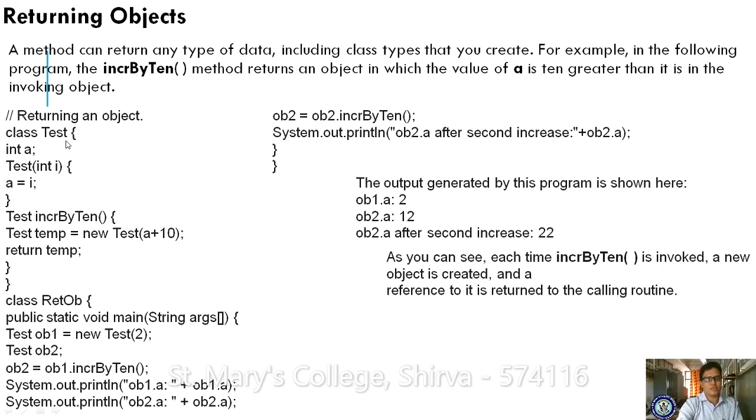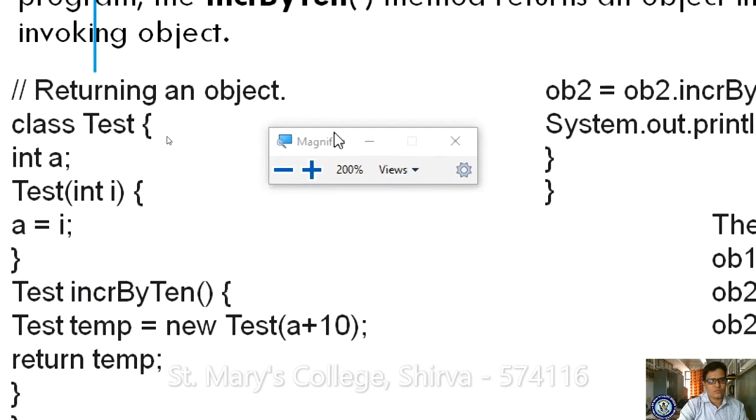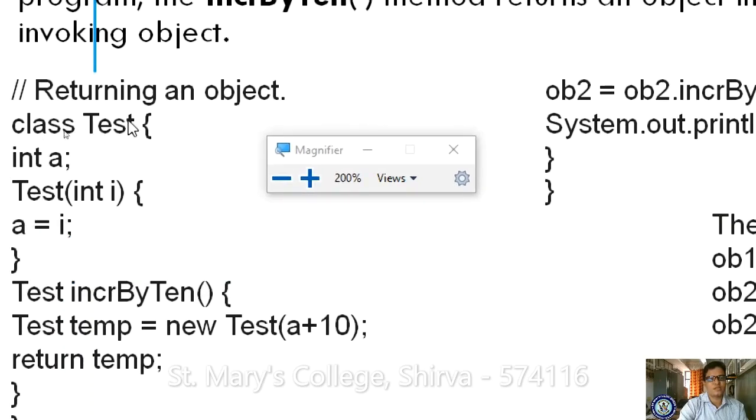Class Test. Is it visible? Yes, visible. If not, I will explain it. Now please observe here. What is the name of the class? Test. In Test, what am I defining? A variable a of int type. What is this called? A constructor. In that I have defined one parameter, and that parameter is assigned to the created variable. Here the constructor acts. And I am taking one more method for this class, where the return type can also be a class.